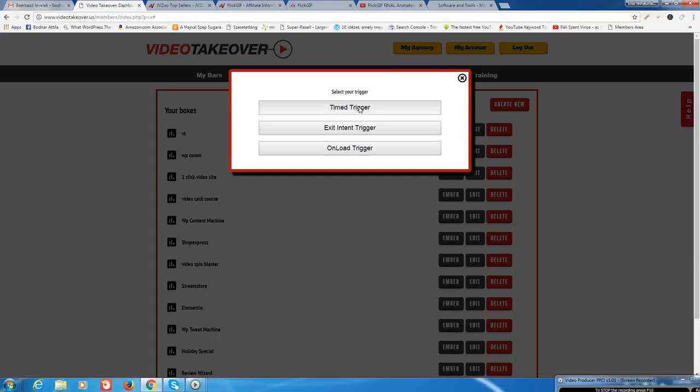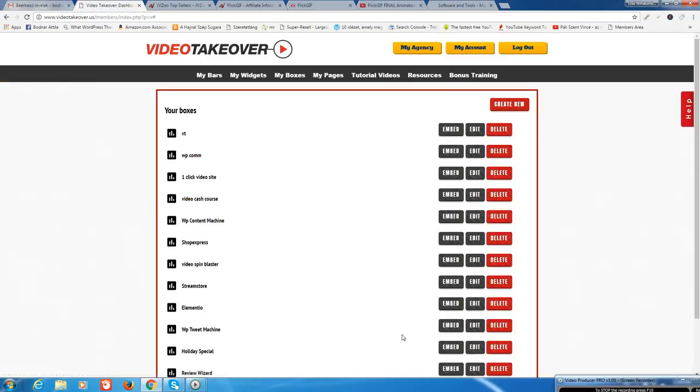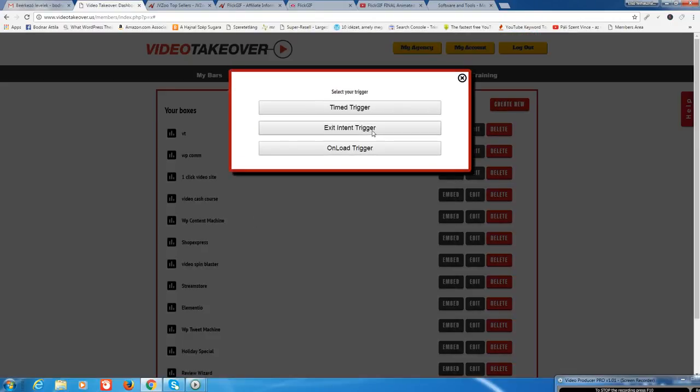Time trigger, you can select different seconds when the box appears, after 10 seconds or more, or you can choose exit intent trigger. This is the exit intent pop-up, when the visitor wants to close the page, then the box will appear.